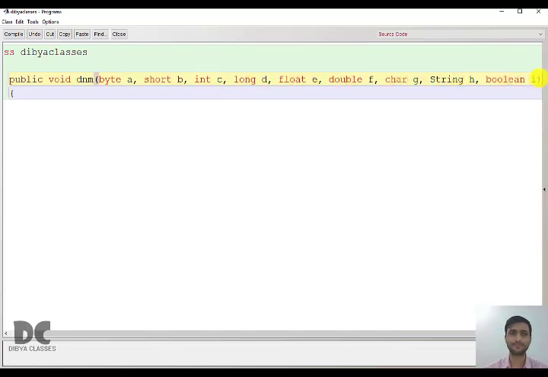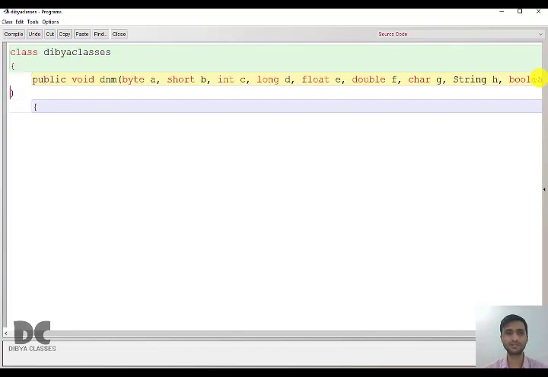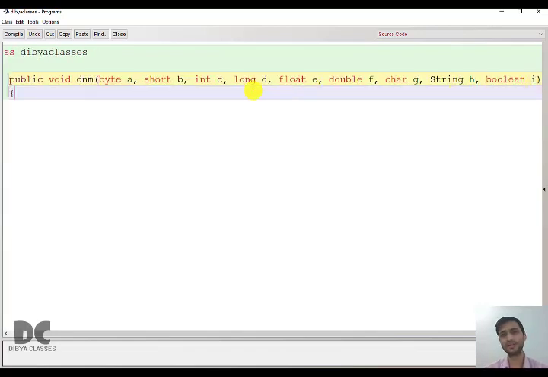Okay. And the next thing is to do what? To print the values. It is just a simple program. So system.out.print. You can write print, you can write println, but here println will be more beautiful because it will come line by line. And we'll just print the value. The first value is present in the variable A. Then similarly, print the value present in variable B, the short type value.